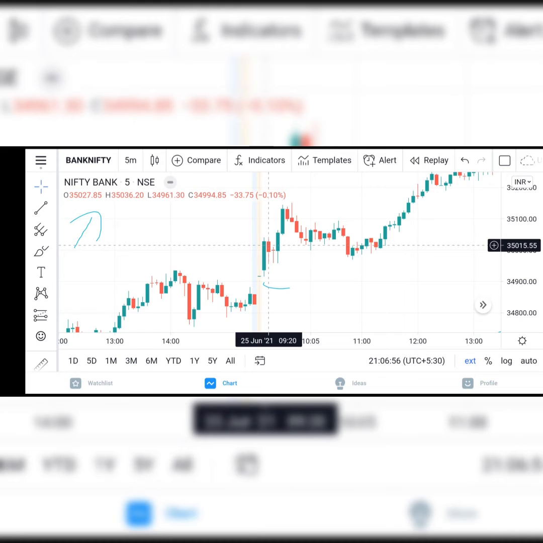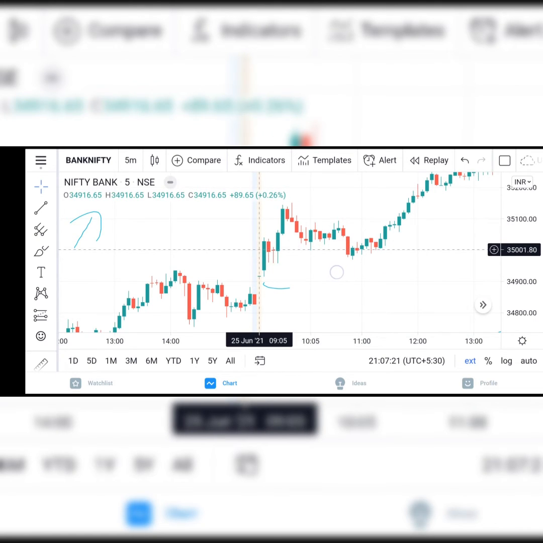So this is a bearish candle. Here also you can see OHLC, same things are there: opening, high, low and close. When the opening price is more and the closing price is less, that means price has decreased over a specific period of time, and when the price comes down, it will form a bearish candle. So this is a bearish candle that has been formed, correct? That's why it's called a bearish candle. Bearish candle means the price has decreased over a specific period of time.